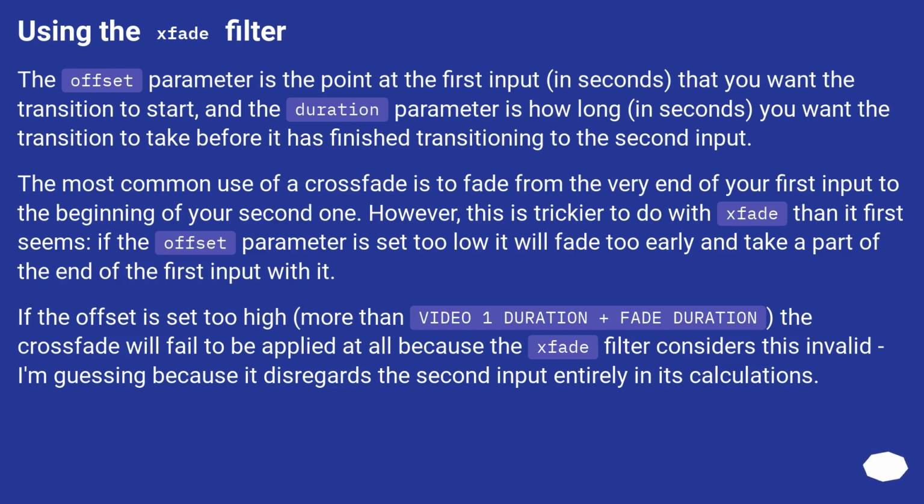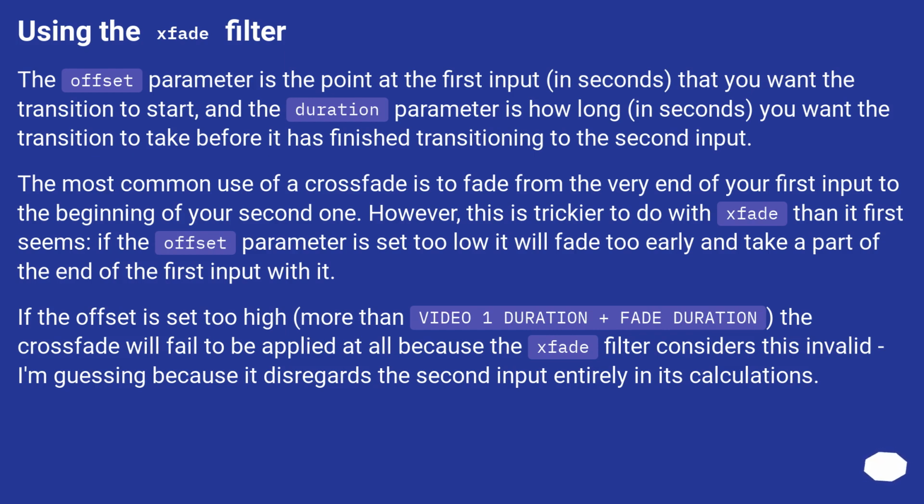Using the fade filter, the offset parameter is the point at the first input, in seconds, that you want the transition to start, and the duration parameter is how long, in seconds, you want the transition to take before it has finished transitioning to the second input. The most common use of a crossfade is to fade from the very end of your first input to the beginning of your second one. However,